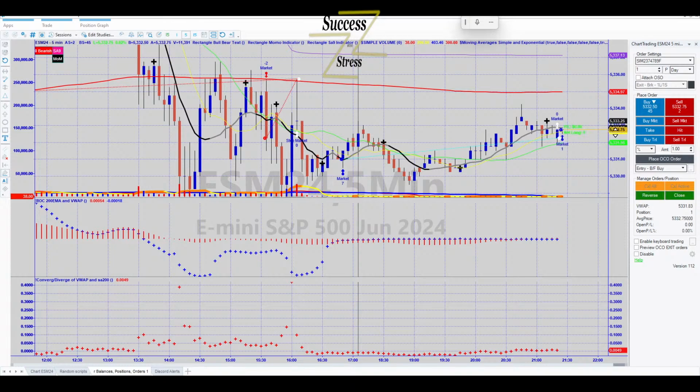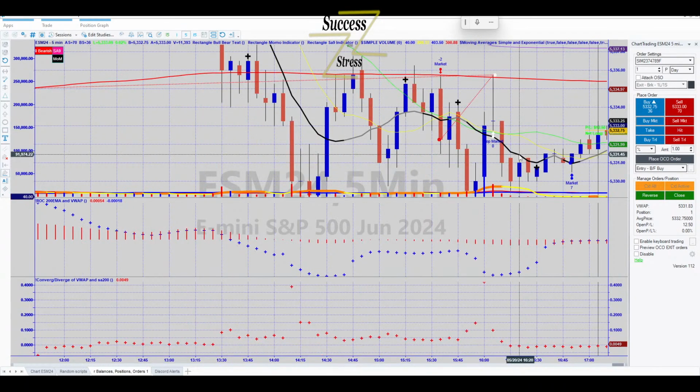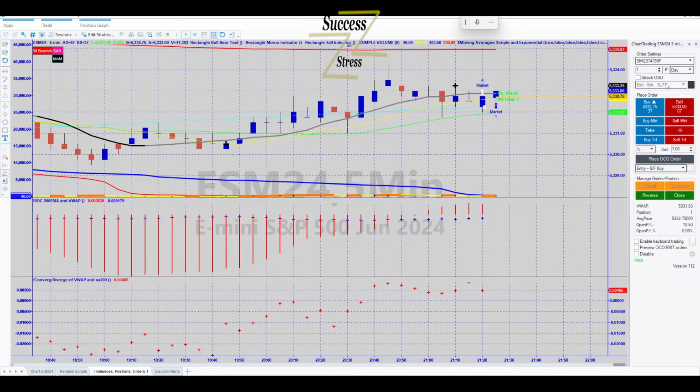So let's try taking a position. We're going to buy market, and then we are going to put a bracket order on, OCO. That shouldn't be buy though.